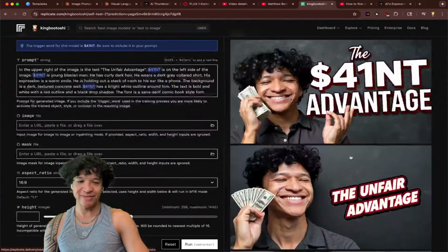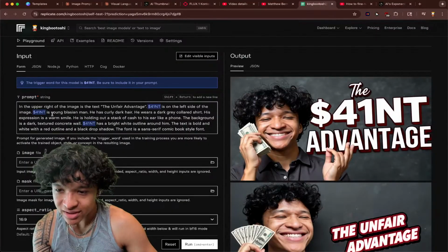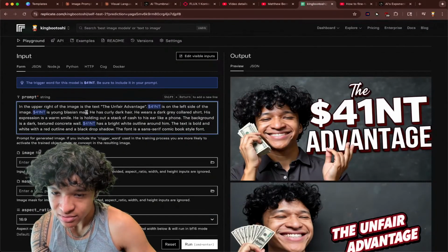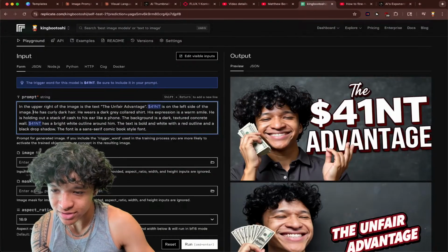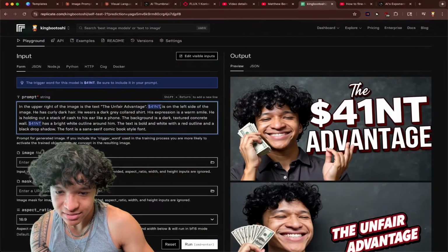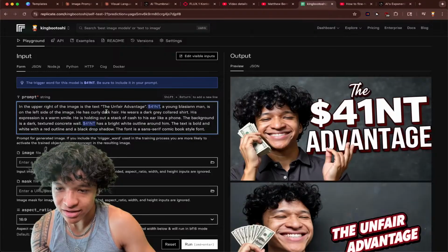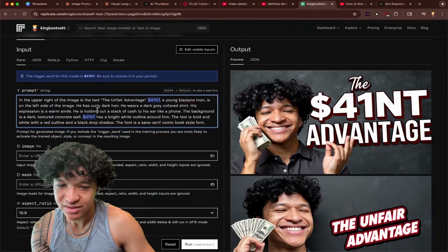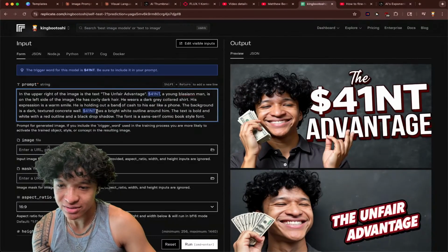Why are you putting "the Saint Advantage," bro? Oh, maybe side of image. Let me rephrase this structurally. This is important. Saqib, a young Blasian man, is on the left side of the image. He has curly dark hair. He wears a dark gray colored shirt. His expression is a warm smile. He's holding out a band of cash to his